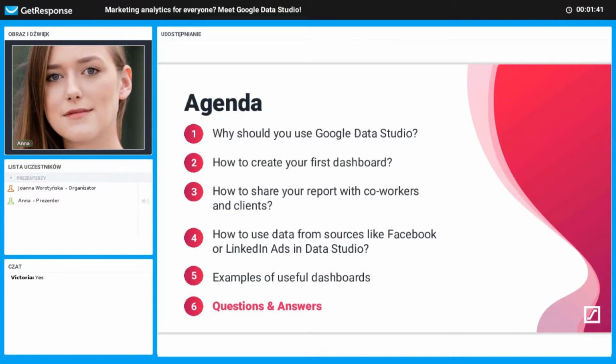So I will show you how to create your first dashboard during a live demo in Data Studio. After that, we will take a while to learn how we can share prepared reports with clients and our coworkers. And after that, I will also give you some tips on how you can connect data sources from sources like Facebook or LinkedIn ads that aren't native Google products, and because of that aren't available as native integrations in Data